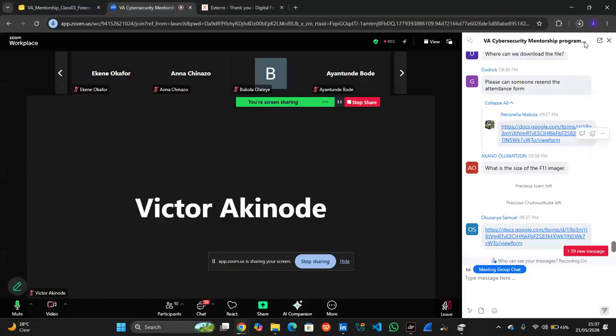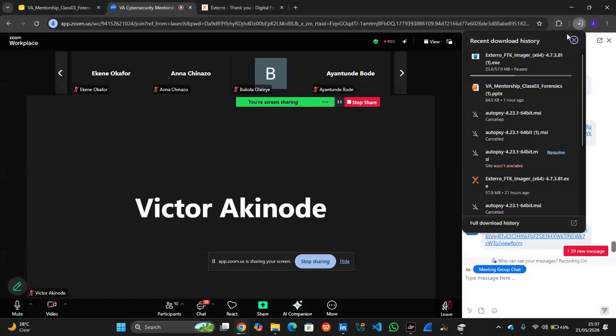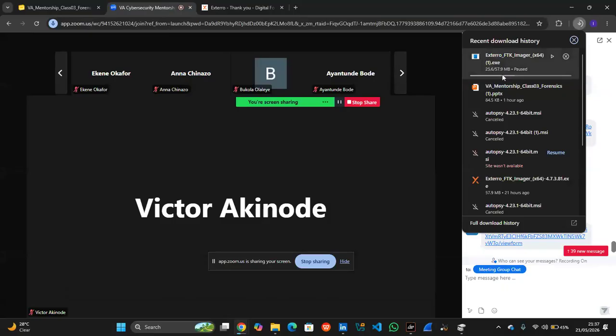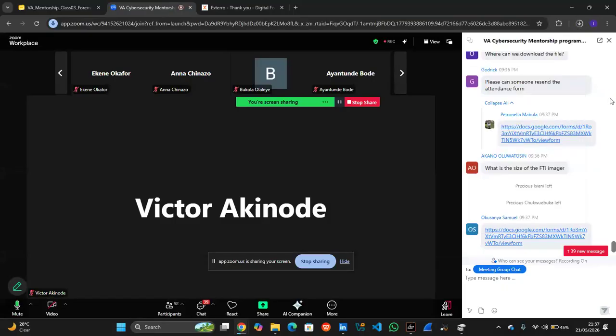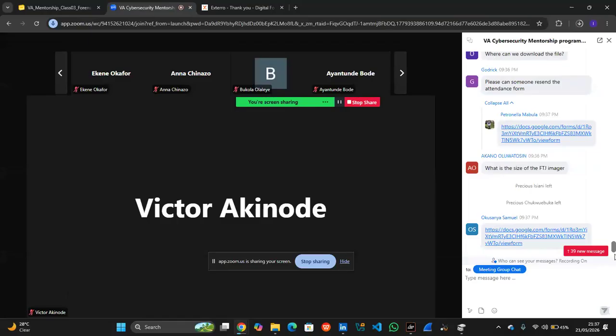FTK Imager is actually just 57 MB. It's Autopsy that is about 1.2 gig alone. It's not that heavy. You can just try to download it.